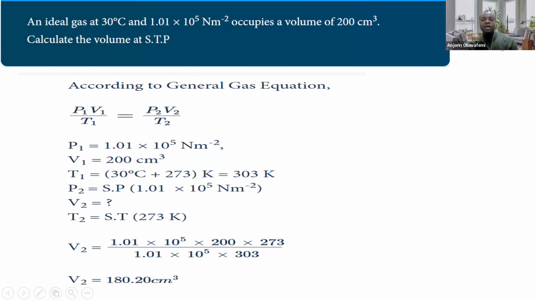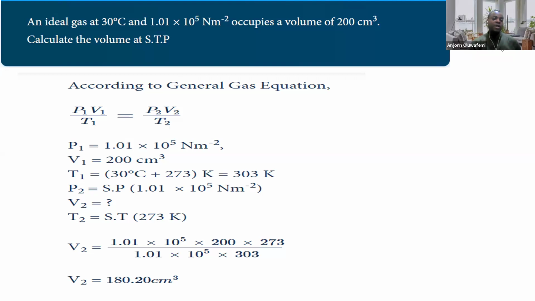Then another thing that we need to look at is this question. It says an ideal gas at 30 degrees Celsius and 1.01 times 10 to the power 5 Newton per meter square occupies a volume of 200 cm cubed. Calculate the volume at STP, that is standard temperature and pressure. Now, according to the general gas equation,